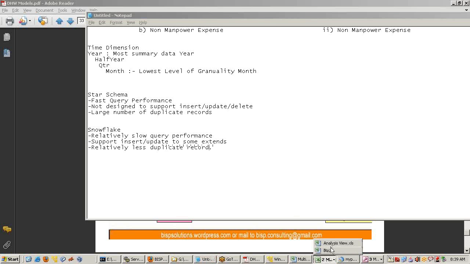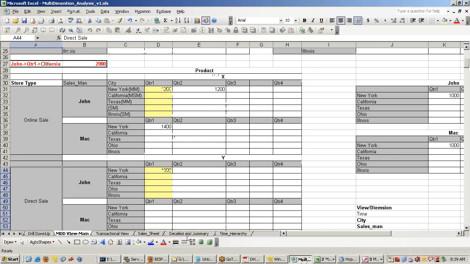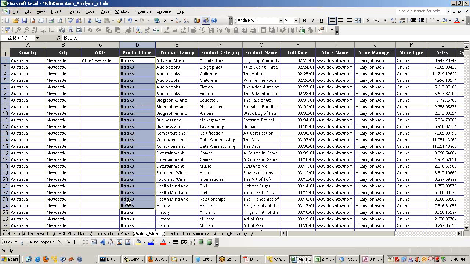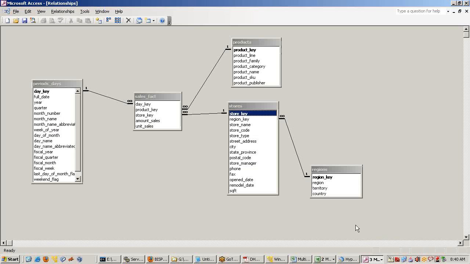You see there are a large number of duplicate records I have, because the data is not normalized. I denormalize everything and put it into one table, one Excel sheet. Therefore, a large number of duplicate records. The preferred model for Hyperion is a star schema. So we suggest our data modeler convert this star schema, snowflake